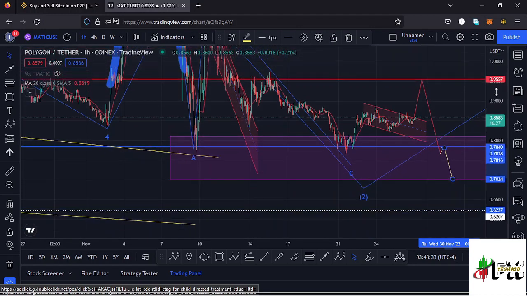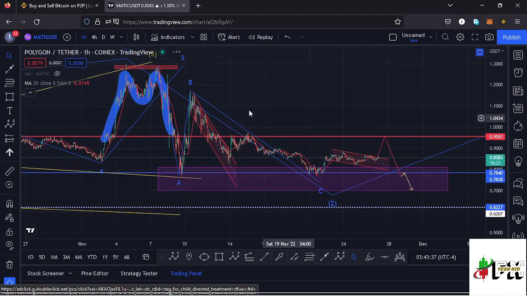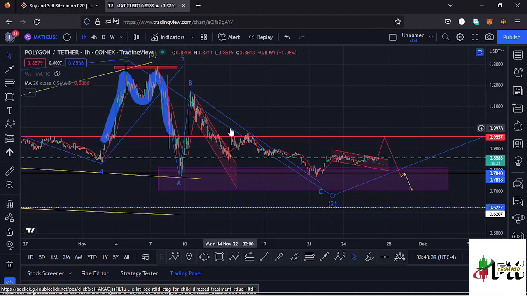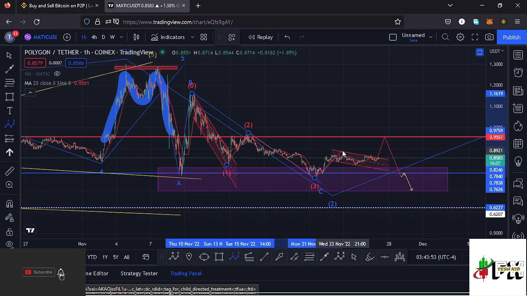Also here on the 1-hour chart, within this wave C, which is right here, we have been seeing a 5-wave structure to the lower side, and if I have my 5-wave structure right here, we can have these as the wave 1, then we have seen a wave 2, then a wave 3, then there are chances we might have seen the high for that wave 4 at around the $0.89 mark,